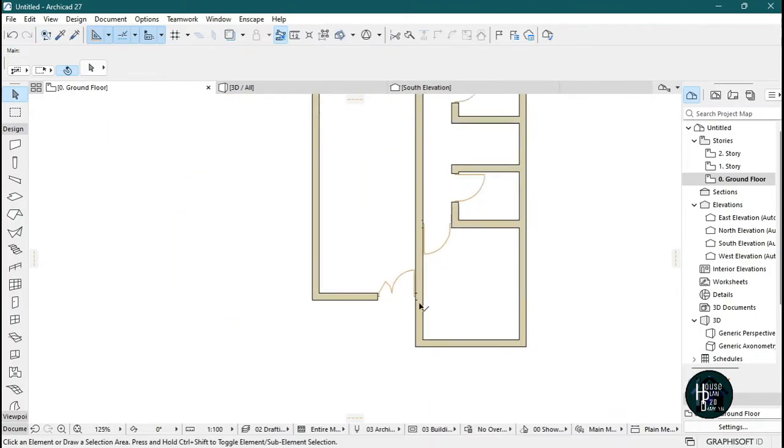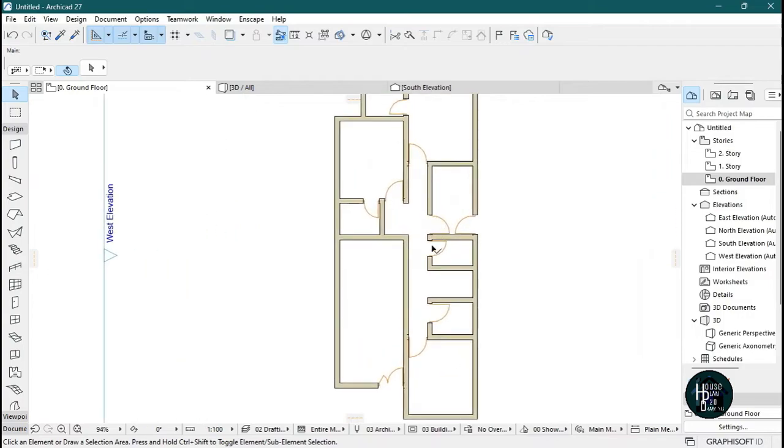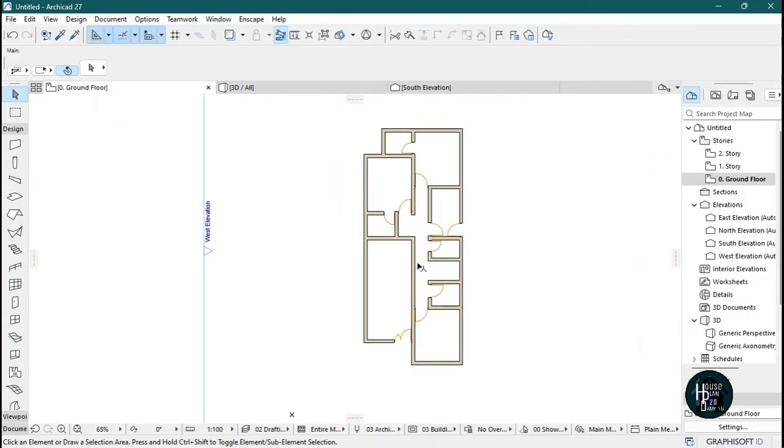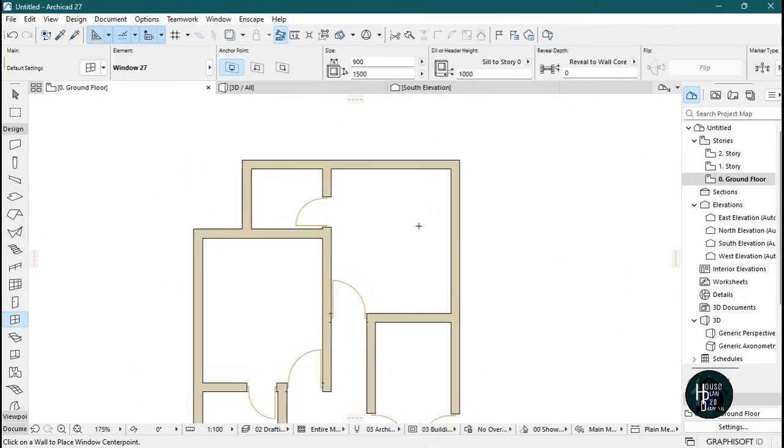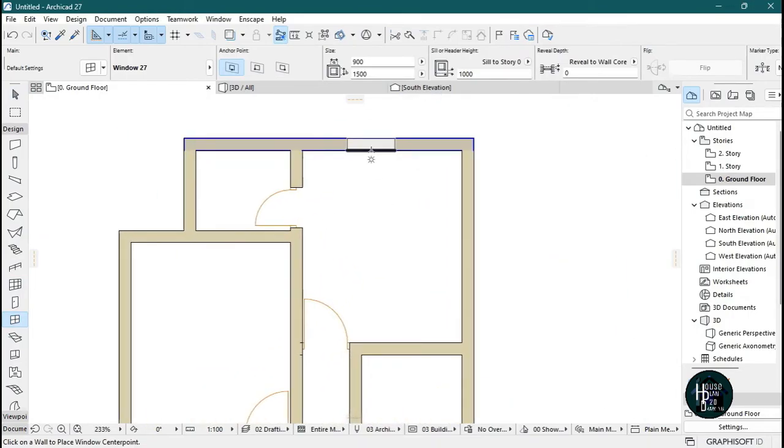You're going to be having something like this. So now that we are done with fixing in the doors, what we want to do is just fix the windows. Also, to fix the windows, just come and click on this Window 2 here. Once you click on Window 2, just come wherever you want the windows to be shown. Just come here on the walls. I want it to be a window here, so I'm just going to click,